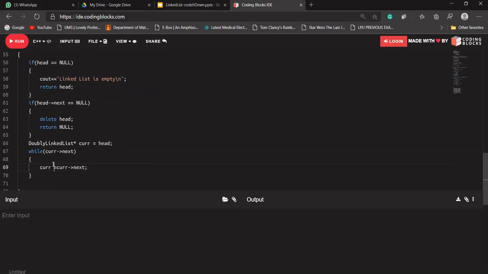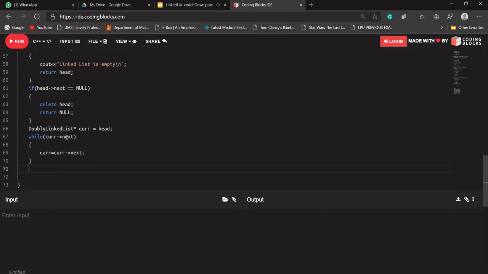Although if anybody is having any doubt, you can ask me. What this loop will do is, this loop will break when it reaches our last node, because our last node's next will point to a null value. The while condition returns a true value up to when the current's next exists. If current's next does not exist, this means that current's next is null.